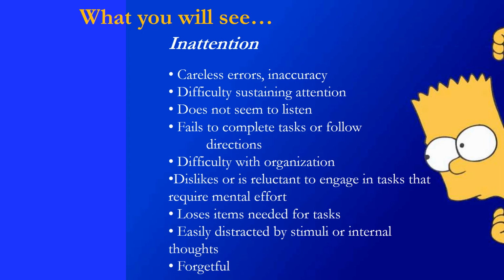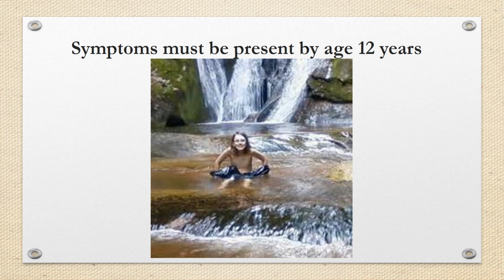So a child needs to have 6 or more of these characteristics in one or both of these categories to be diagnosed with combined type. They need to have a total of 12, 6 each. The symptoms must be present by age 12 years. Previously, they had to be present by age 7, but the time frame has been moved up to age 12